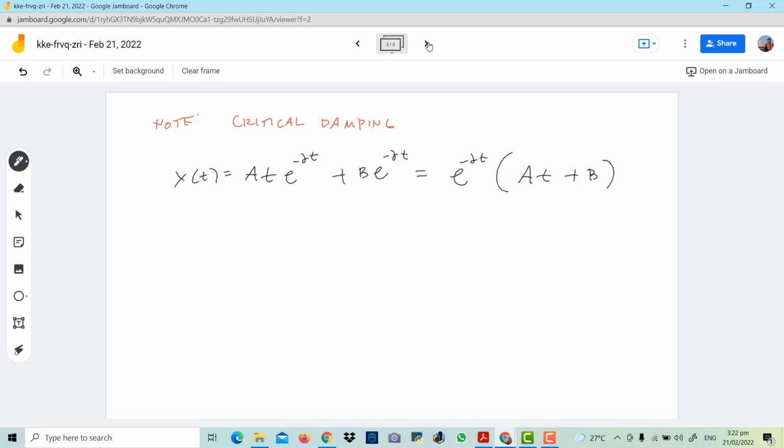So the problem here is that we know gamma, right? We know gamma, so that's checked, no? But we don't know A, we don't know B. Right? So we need the specific solution for the system in this problem. But we know gamma, take note, is equal to 2 pi. So I know gamma. So how are we going to solve for A and for B? Always remember, whenever it's constants you need to get,